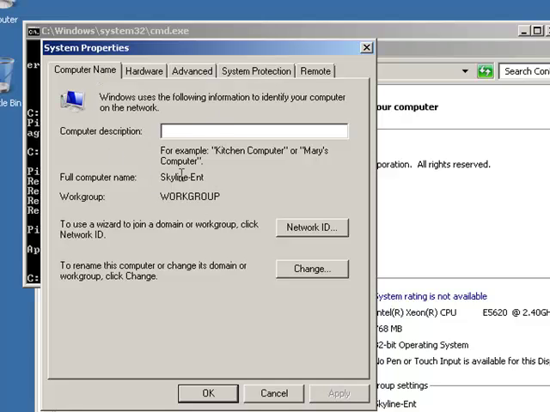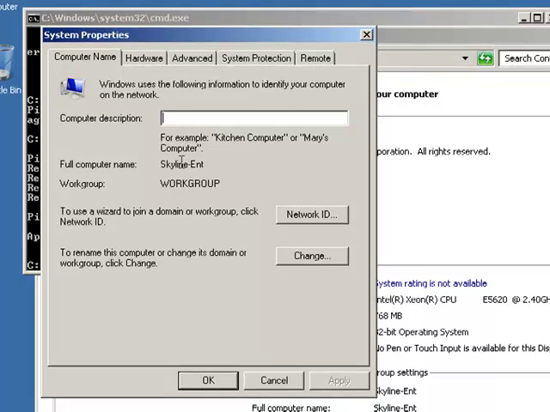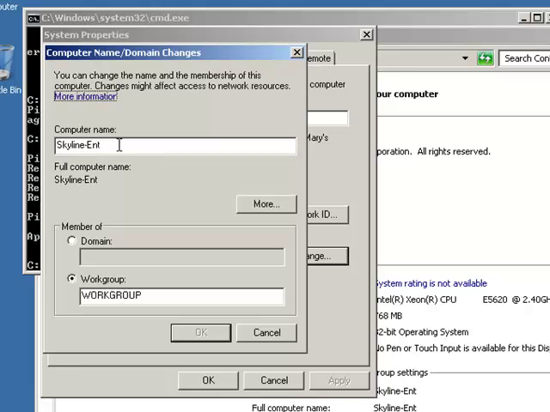Some people on the test changed the description. The first thing that comes up here is the computer description. If you change it, you change the computer description. If you want to change the name, you have to go down here and click on the change, and you actually change the name of the system itself. If I go down here, change, I can change the computer name as well as go from a work group to a domain. So the domain was Win7night, right? .local, and again the .local is used in Active Directory in a manner similar to the way we use private IP addresses on the private networks. So with any luck, if I spelled it right,